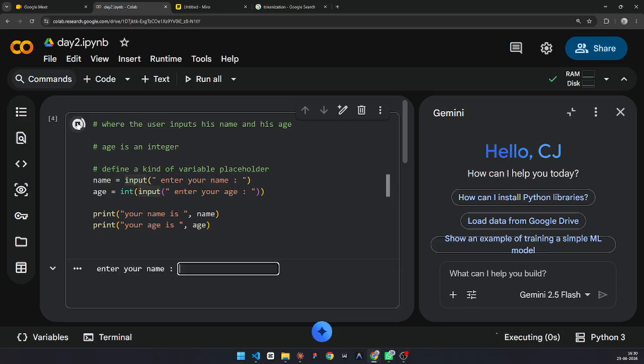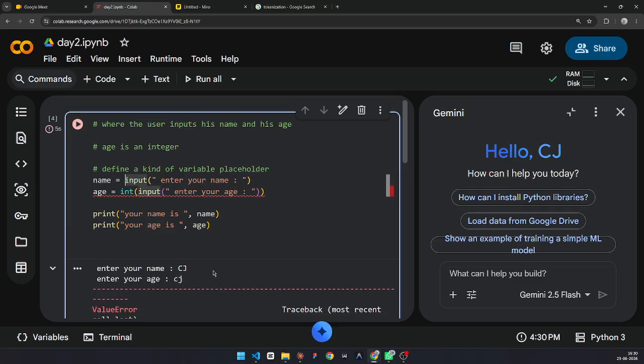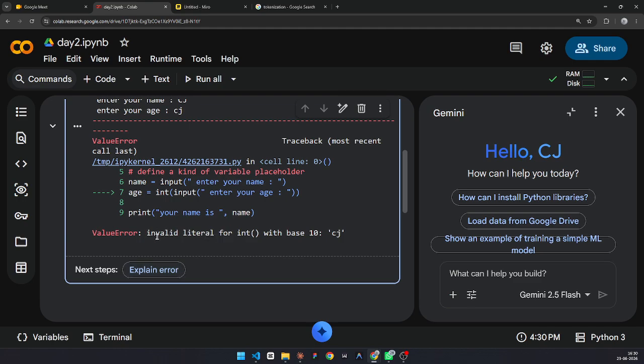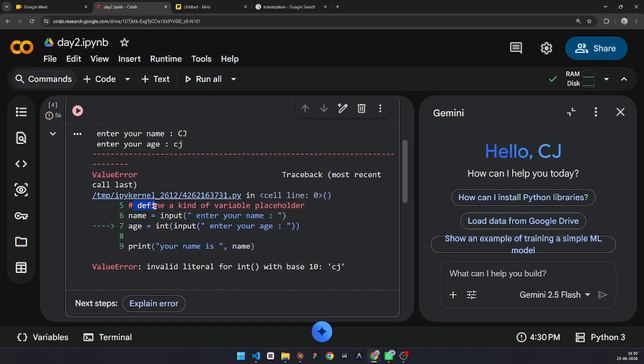Now let's see. Now just check the magic. Let's write CJ and enter your age. See, there's an error because it's showing that if...